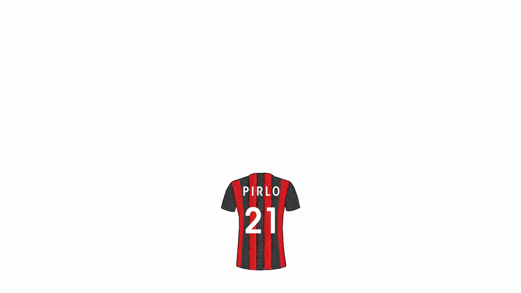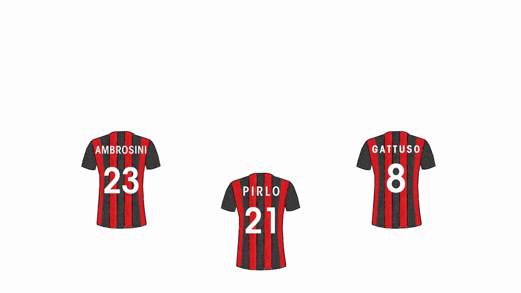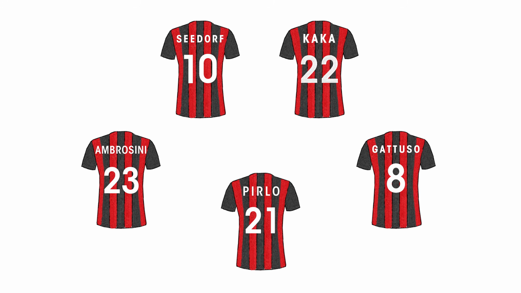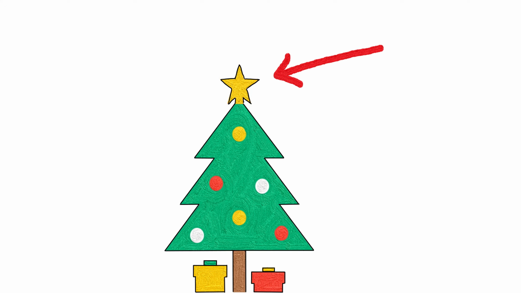In front of the defense line was the brilliance of a peak Andrea Pirlo dictating the tempo, who was protected by the hustle of Gattuso and Ambrosini. Higher up, the pace and the elegance of Kaká was matched by the intelligence of Clarence Seedorf. You gotta admit, it's been a good Christmas tree so far, but a star on top of the tree wouldn't be too bad, would it?